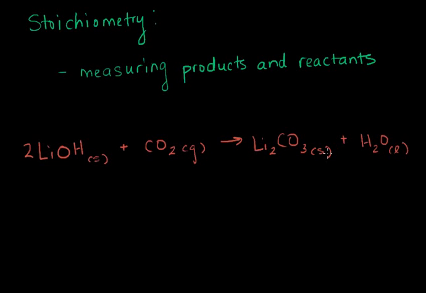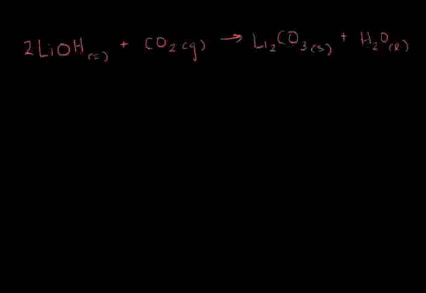And again, as we do so often, I want to take a look at stoichiometry by looking at a quick example. And our example here is going to be this chemical equation, which I've already balanced for you. So lithium hydroxide plus some carbon dioxide is going to produce some lithium carbonate and some liquid water. My question for you is